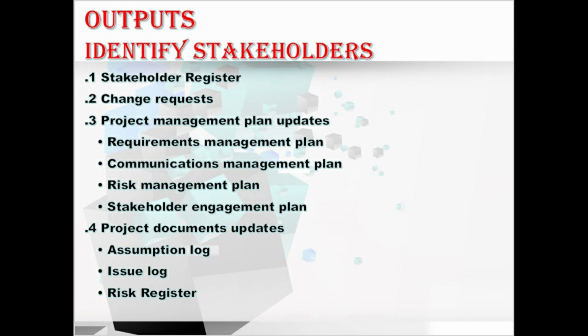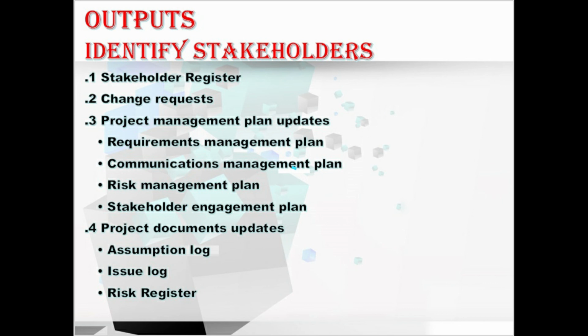Moving to issue log. In this output, new issues raised as a result of this process are recorded in the issue log. Coming to risk register. In this output, the new risks identified during this process are recorded in the risk register and managed using some risk management processes. Okay, hope you understood about this project document output also. Here we have completed all the outputs of the identify stakeholders process. Fine, so we have completed all the ITTOs, that is inputs, tools and techniques, and outputs of this process.